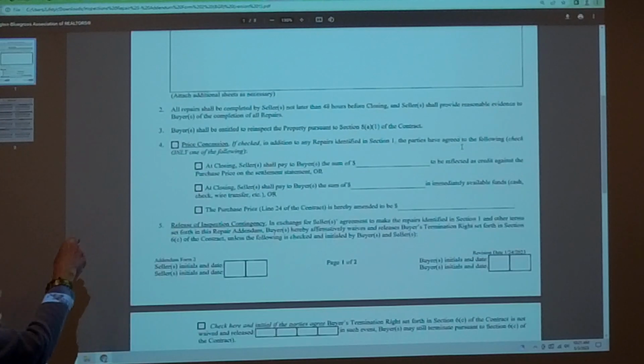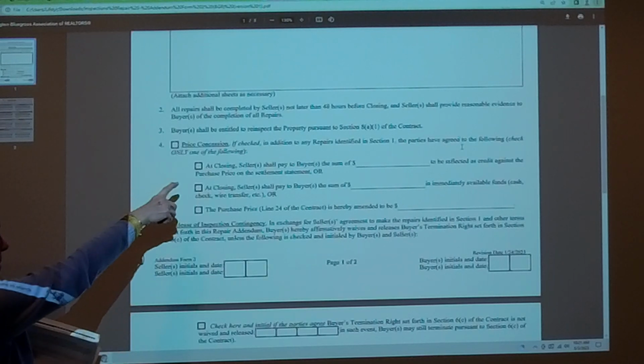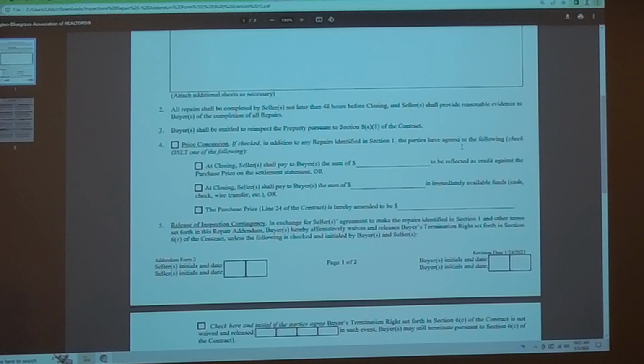Then number 2, all repairs shall be completed by seller not later than 48 hours before closing, and seller shall provide reasonable evidence to buyer of the completion of all repairs. 3, buyers shall be entitled to reinspect the property pursuant to Section 8A1 of the contract, and I believe that's 48 hours before closing. Then a new choice is price concession. We know that in the old contract,